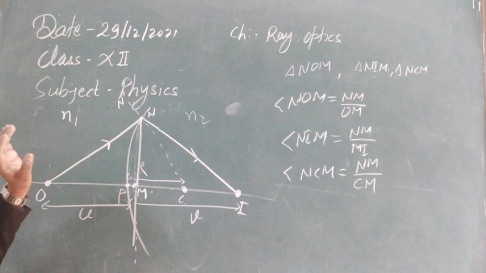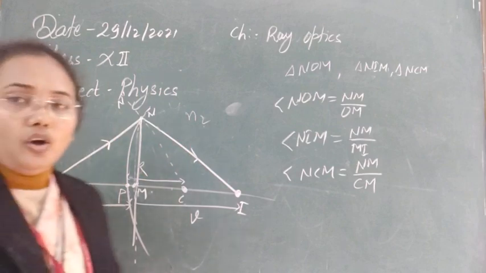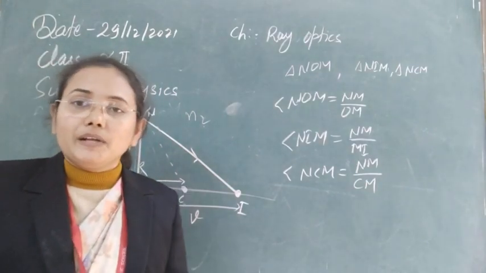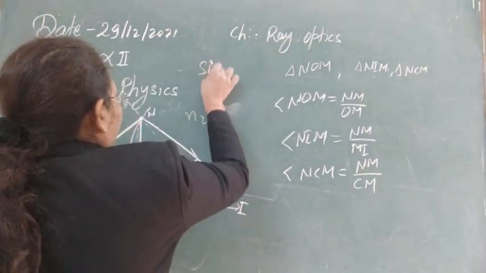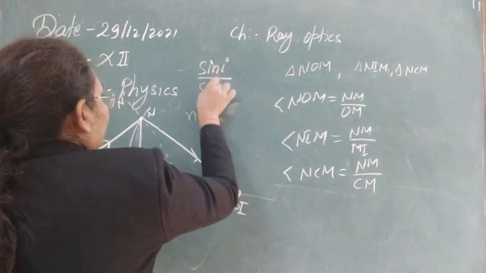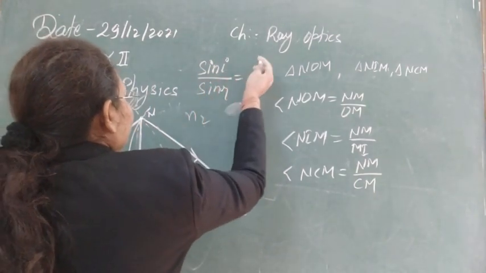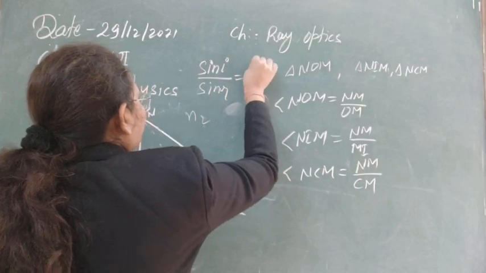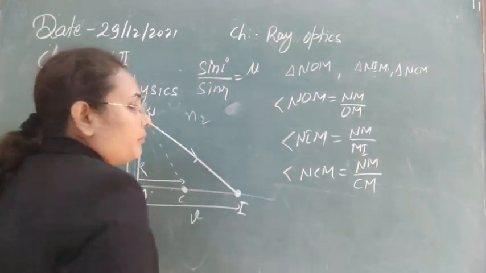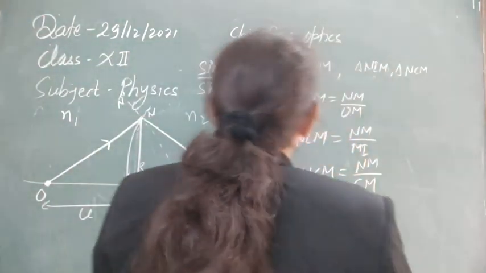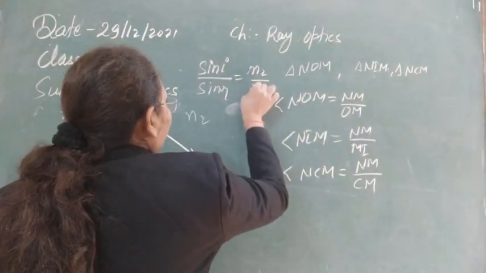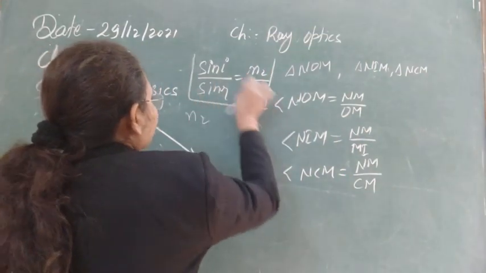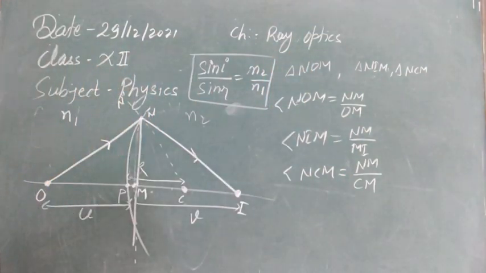Now for the refraction we have one law, that is Snell's law. So we will use Snell's law. According to Snell's law, we have the formula sin I upon sin R equal to 1mu2, or also mu2 upon mu1. As here the refractive index is written in terms of n, let's write it like n2 upon n1. So we have to use this formula. We can now have the relationship between u, v and r easily.